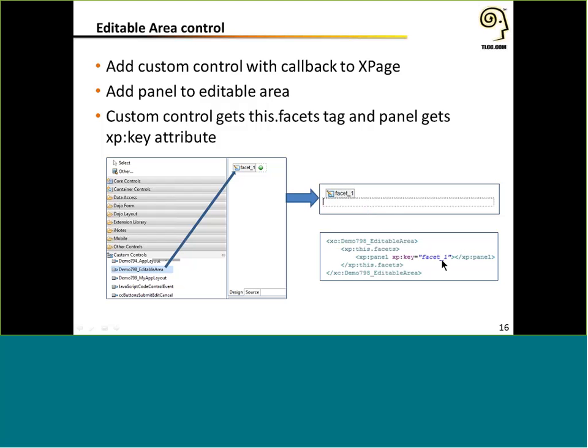Paul was showing you how you can move content around if you move it within the facets tag and you assign the key to it. But the first step for this, you can just drag and drop content directly onto that green circle, and it will set up that relationship for you automatically. So you don't have to necessarily know the facet name or worry about it if you're just dragging and dropping something right onto one of those green circles.